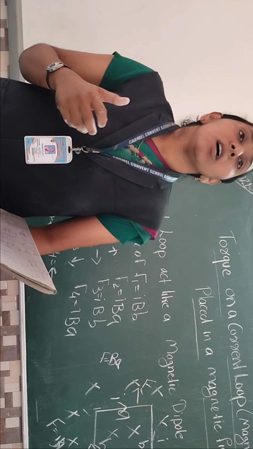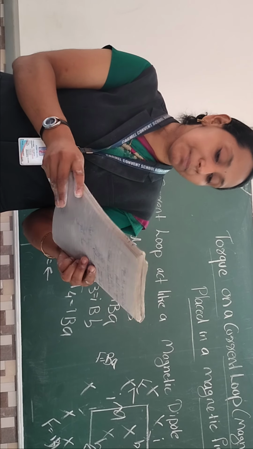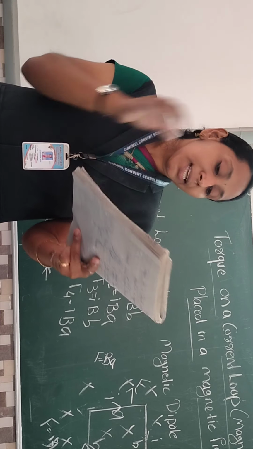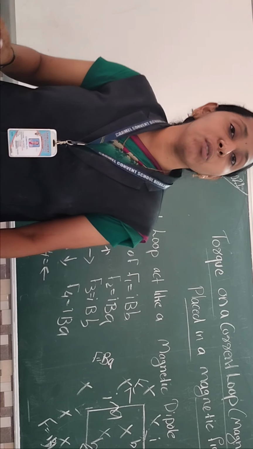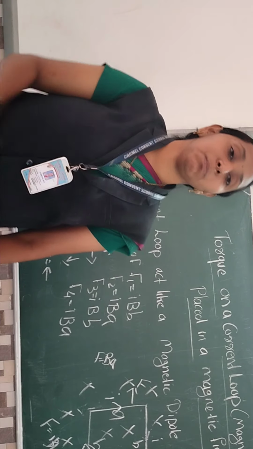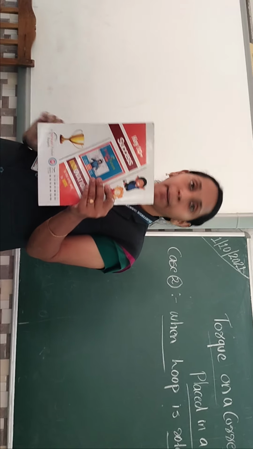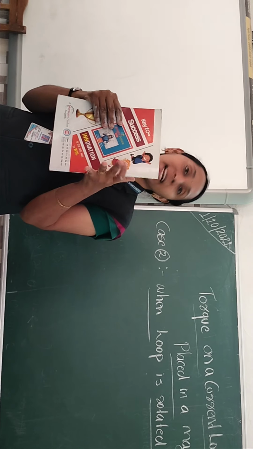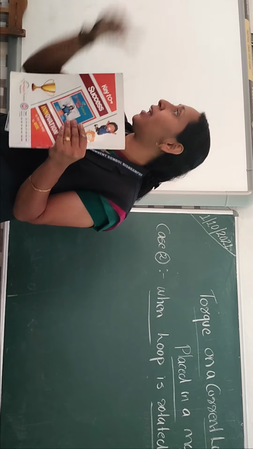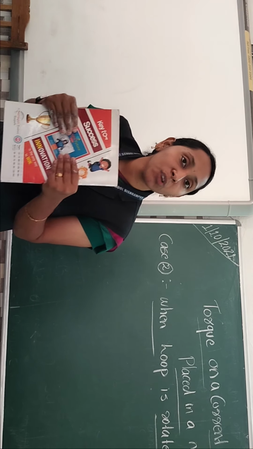Okay. So one more sentence we want to write with them. That is, the current loop placed in a uniform magnetic field has total net force equal to 0. Listen. So this is my rectangular loop. Now in a vertical condition, this is the normal condition. Earlier we studied that in this condition force is 0, torque is also 0.